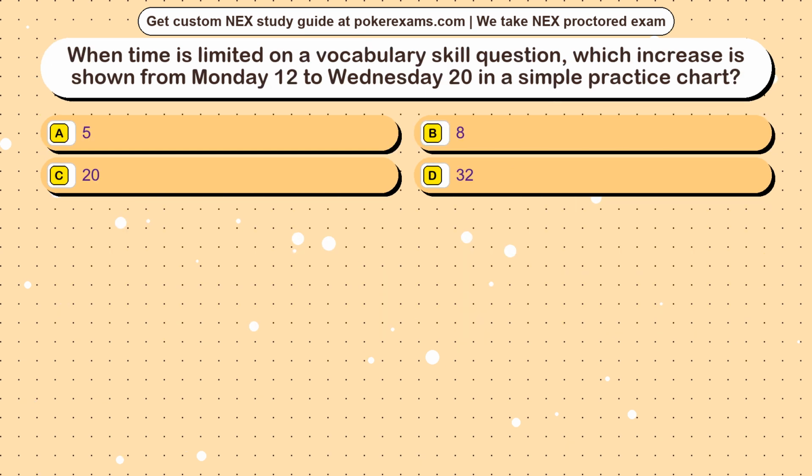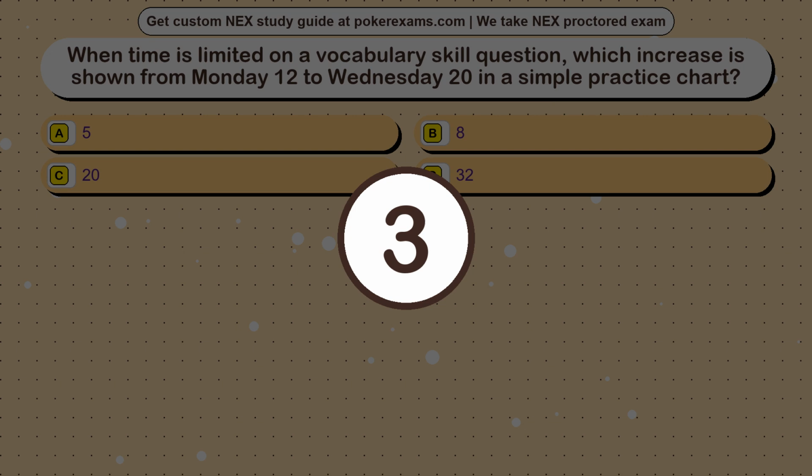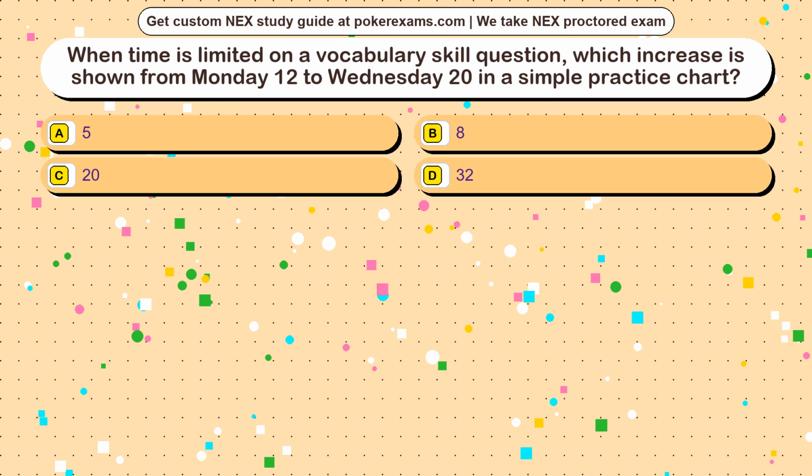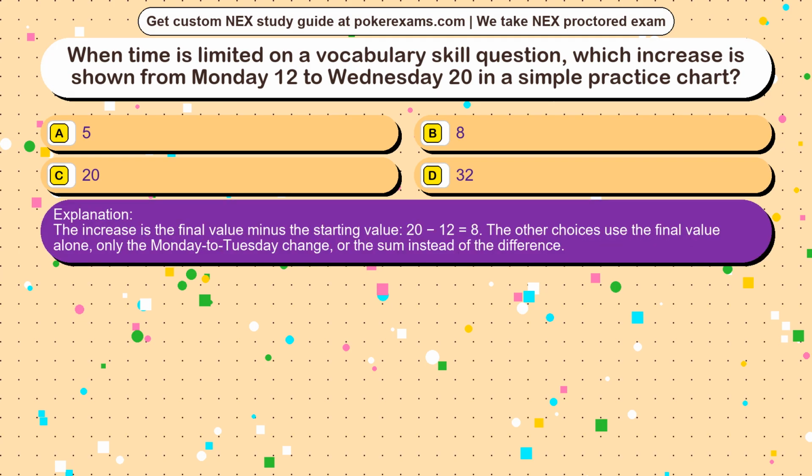Question 5. When time is limited on a vocabulary skill question, which increase is shown from Monday 12 to Wednesday 20 in a simple practice chart? Option A 5, Option B 8, Option C 20, Option D 32. The correct answer is option. The increase is the final value minus the starting value, 20 minus 12 equals 8. The other choices use the final value alone, only the Monday to Tuesday change, or the sum instead of the